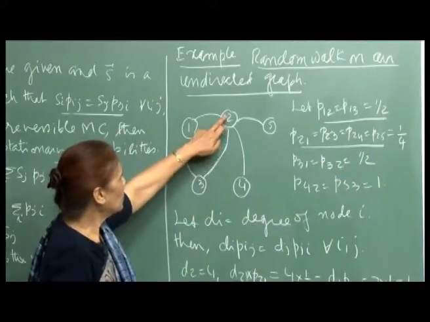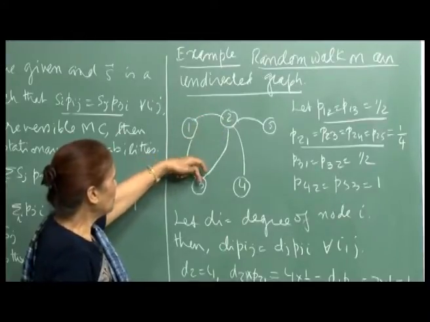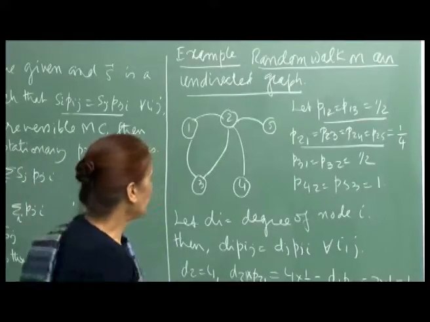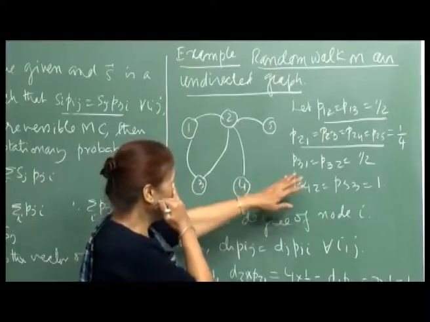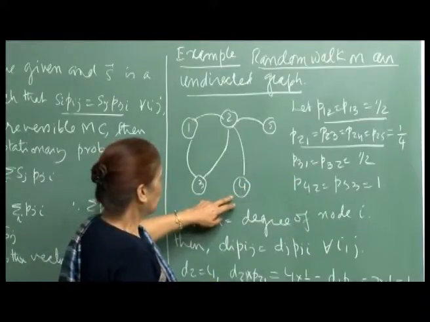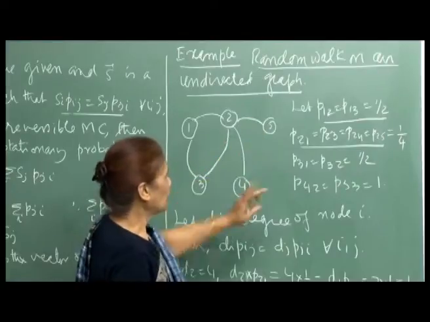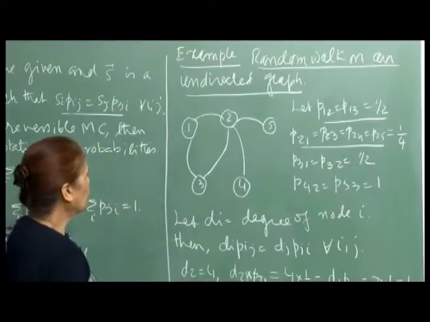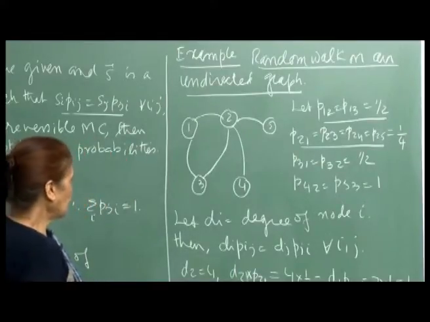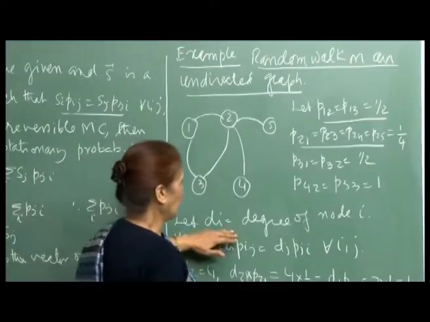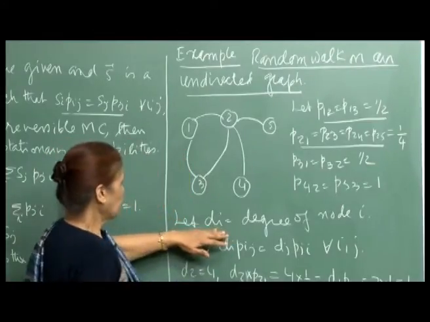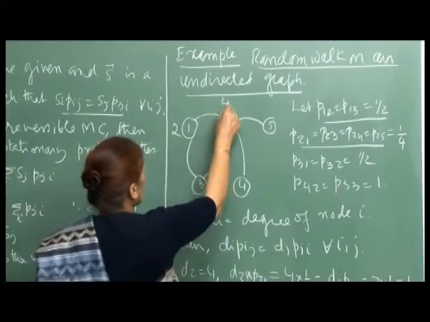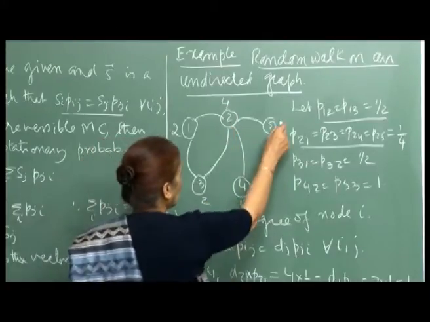So, that means when you are at node 2, traversing the edge 21, 23, 24 or 25 is equally likely. So, these are the probabilities. And then similarly, p31 is equal to p32 is equal to half, and p42 is 1 and p52 is 1. Okay. So, from here you have no choice, you have to go to 2 only, and from 5 also you can go to 2. Now, let me define d_i as the degree of node i. So, that means for example, for this the degree is 2, for this the degree is 4, for this it is 2, this is 1 and this is 1.